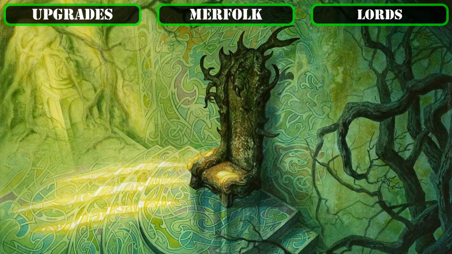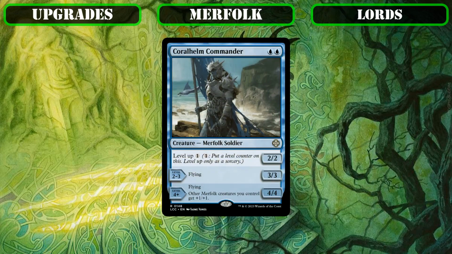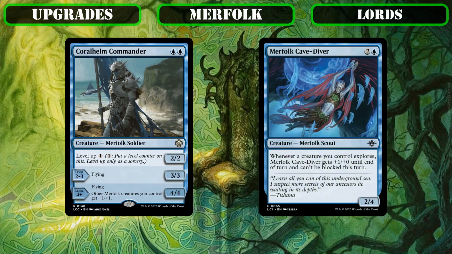Starting in the former camp, we'll be cutting Coral Helm Commander, who can eventually turn itself into a tribal lord via level up, but requires far too much of a mana investment to do so, which we could instead be using to cast more merfolk to explore alongside Hakbal, as well as Merfolk Cave Diver, who can theoretically become a massive one-shotting threat as we explore, but loses out here due to us having access to multiple ways to turn any of our merfolk into threats between Hakbal, our lords, and sources of +1/+1 counters,